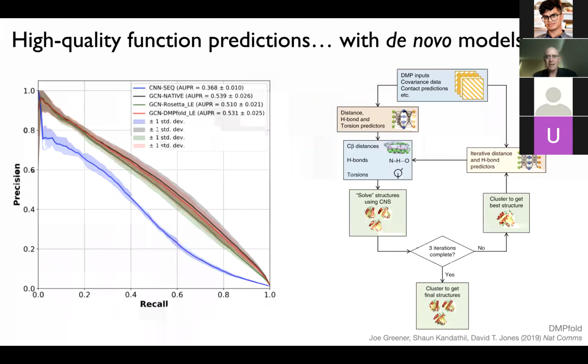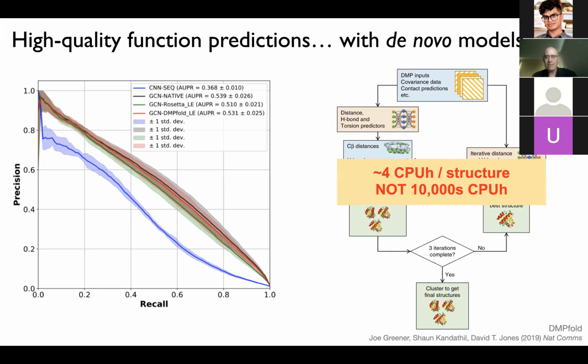One thing that's been very exciting about this has been that we can get high quality function predictions even with the de novo models. So the models that we're producing with computational folding are giving us input that's almost as good as what we see with bond angles and distances that are derived from techniques like X-ray crystallography and NMR. What's very exciting about this, especially with the ability to incorporate AlphaFold 2 predictions, which will dramatically expand the range of protein space we can access, is that we can get better joint predictions of the structure and the function from each of these proteins in the microbiome.